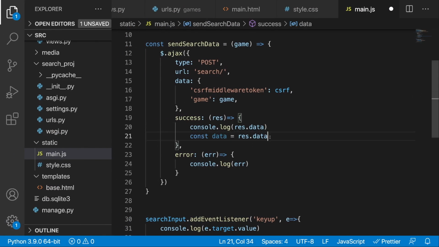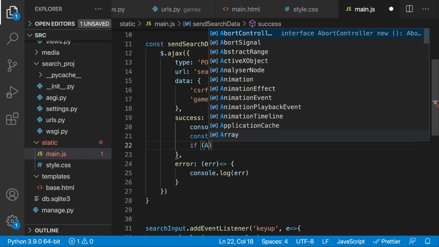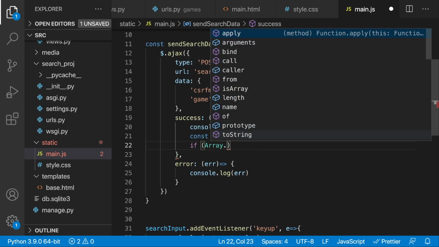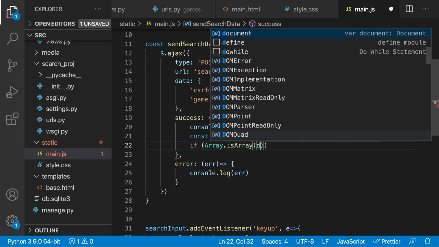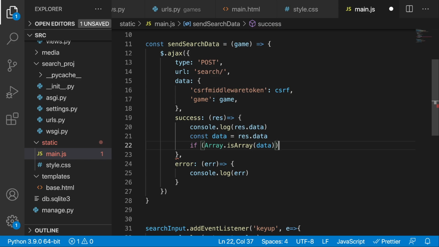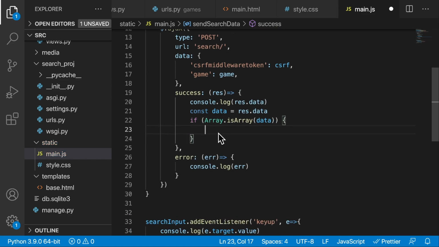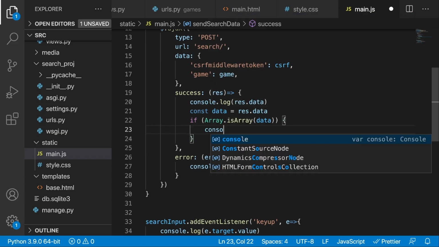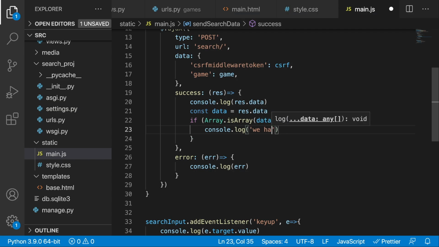So what I'm going to do is to write an if check, and here I'm going to write Array.isArray, and I'm going to pass in the data, okay? And if this is the case, we are going to work on the logic. So for now I can console log "we have an array", all right? And then in the other case,